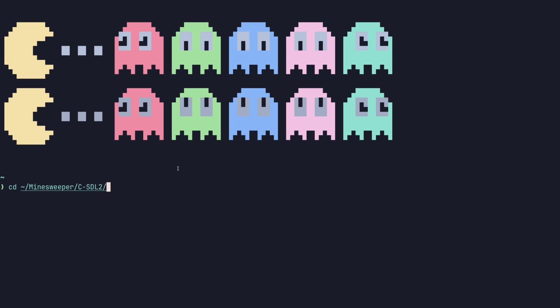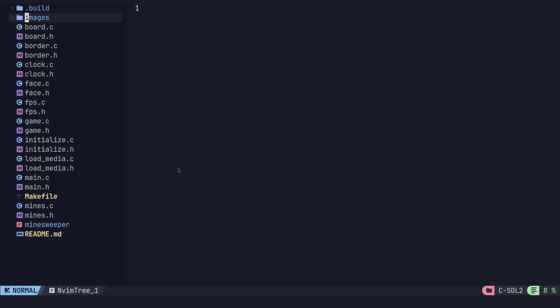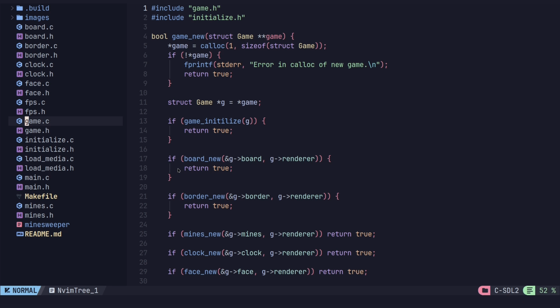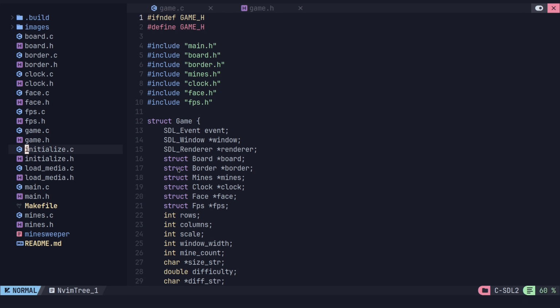Well, we can see a C project. So I'm working on Minesweeper right now. It's going to come out in Love2D first, but I have a C version of it as well. It's going to be in every language. So let's just look at the code. Okay, so this is pre-code. This is not on the GitHub right now. So all the source. But let's look at, say, the game.c,